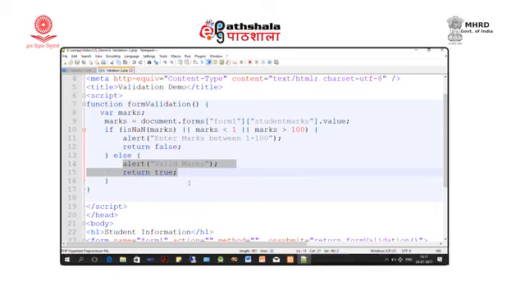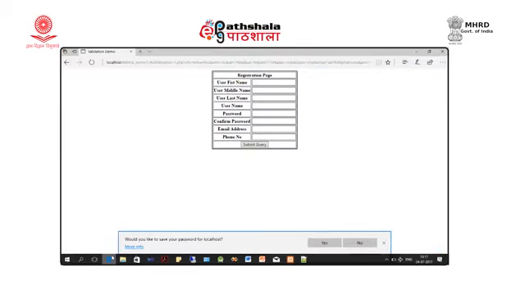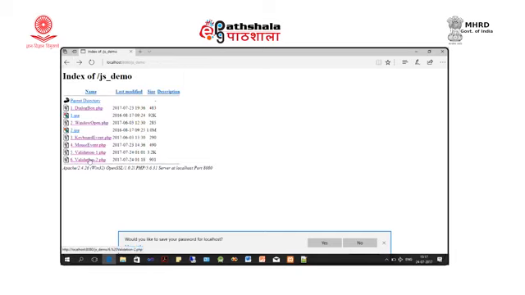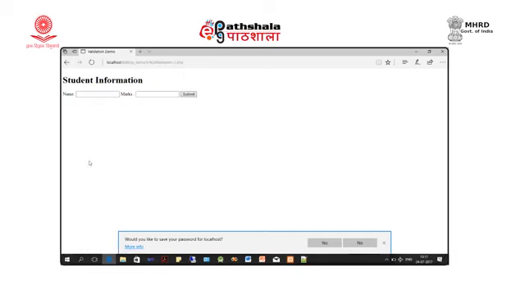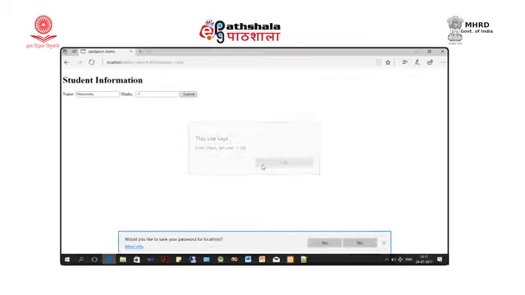Now, we see this code inside the browser. Here I write my name and provide invalid marks, and when I press submit, it says enter marks between 1 to 100.